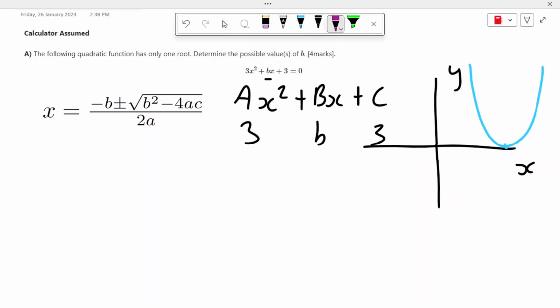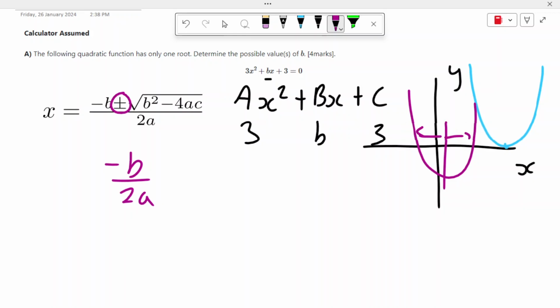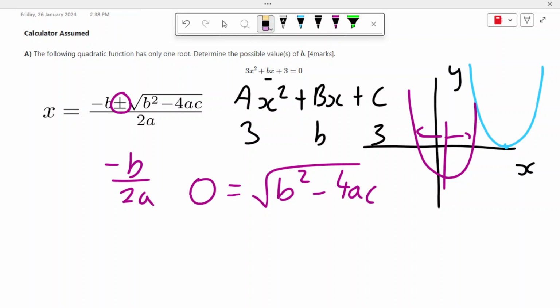But what's really important is, do you see this plus minus bit? That is what gives us a different value if we were to go further down. We basically find the midpoint by this minus b over 2a, and then we add on this bit here and this bit over here, which is the square root of b squared minus 4ac. Okay? So if this whole thing is equal to 0, then we only have one solution. And this thing is called the discriminant. Okay? So if that's all equal to 0,